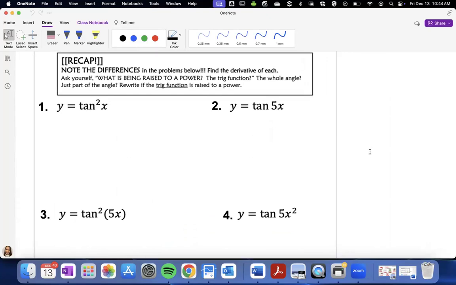Okay. For number one, the key to differentiating trig functions is being able to rewrite. In trig, we normally like to have it like this, but in calculus, we like to derive it by bringing that power out. So we untuck it. Okay. And then this is the chain rule, because the chain rule is any function to a power, right? It's like a composition of functions, a function within a function. So we have the derivative y prime would be bring the power in front, keep it the same, reduce the